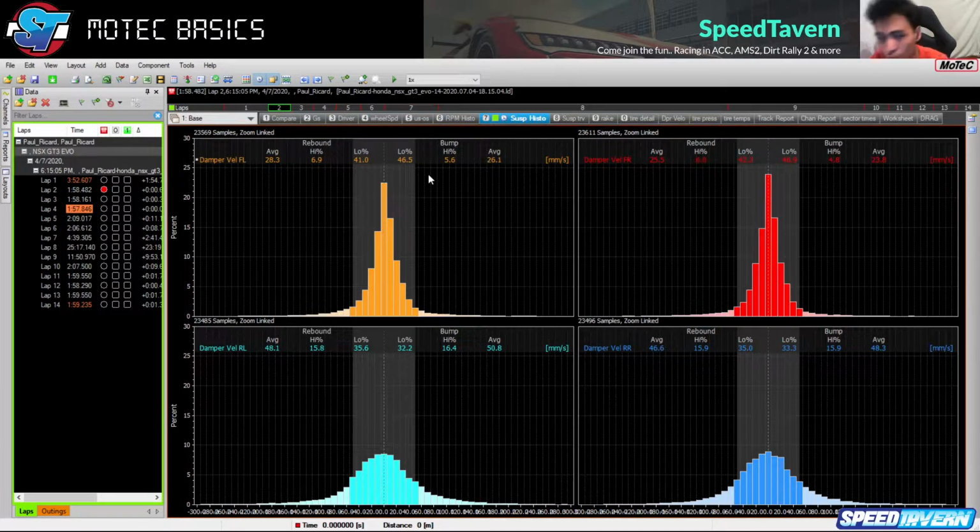So once you're done with the suspension histogram, the next part, the best thing to do, is drive about 5 or 6 laps. You want 5 consistent laps in a row where you are lapping about the same time. Okay, and the idea behind it is because MoTeC is basically just recording everything that you're doing in the car,